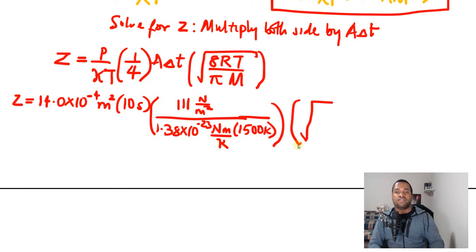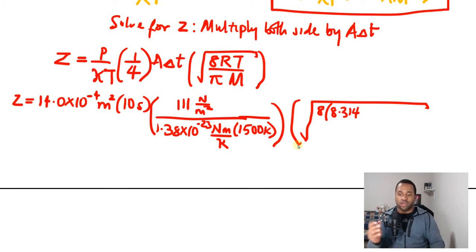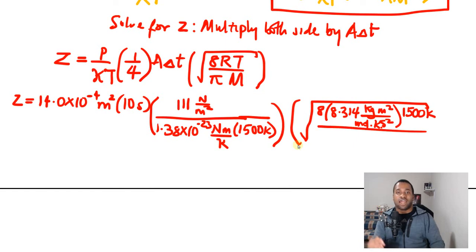Therefore, inside the square root we will have 8 multiplied by our gas constant, 8.314. Take note that the unit is in joules. We know that joules is in terms of kilograms meters squared over seconds squared. But take note that we have our moles and our kelvins in there, and so this is now multiplied by the temperature, which is 1500 kelvins, and this is all divided by our pi multiplied by our